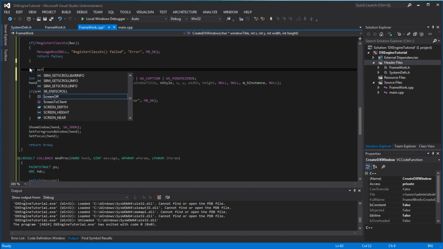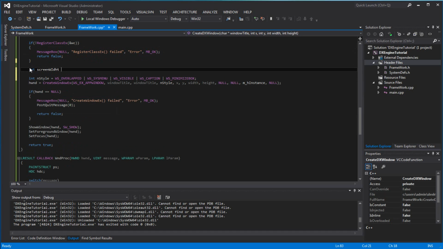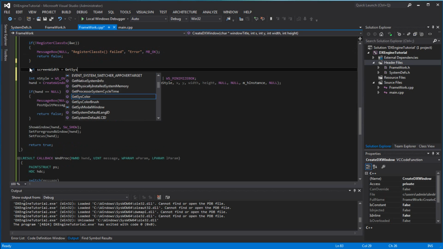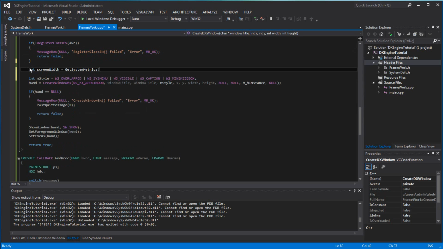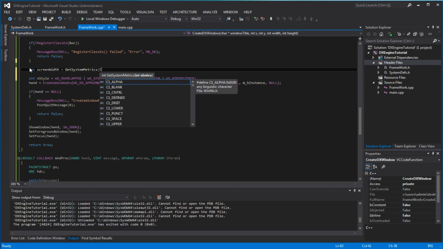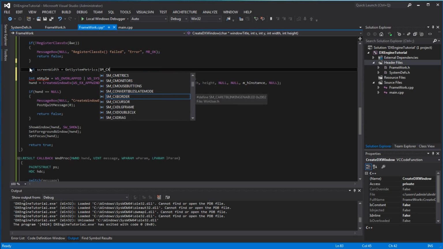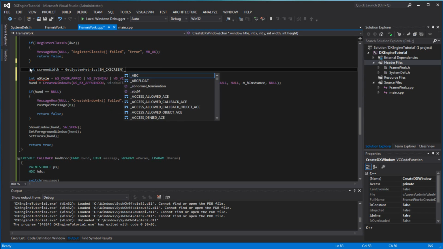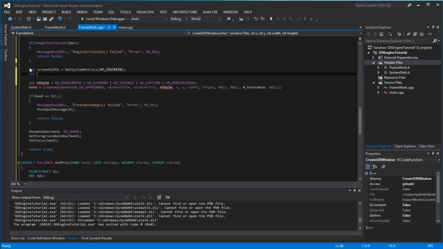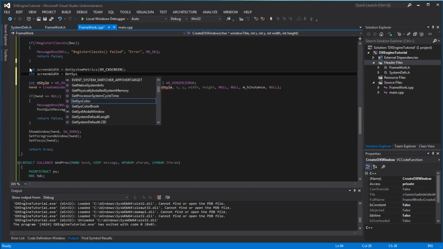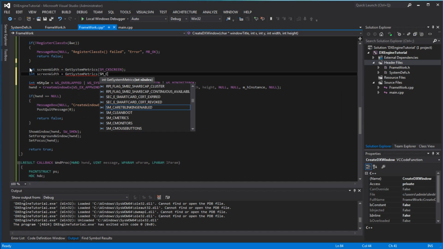So have int screen width, same thing as I had earlier, and GetSystemMetrics, SM_CXSCREEN. Int screen height equals GetSystemMetrics, SM_CYSCREEN,